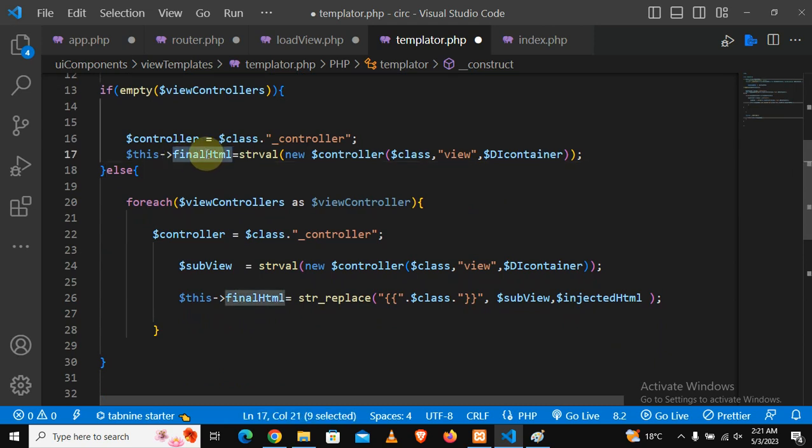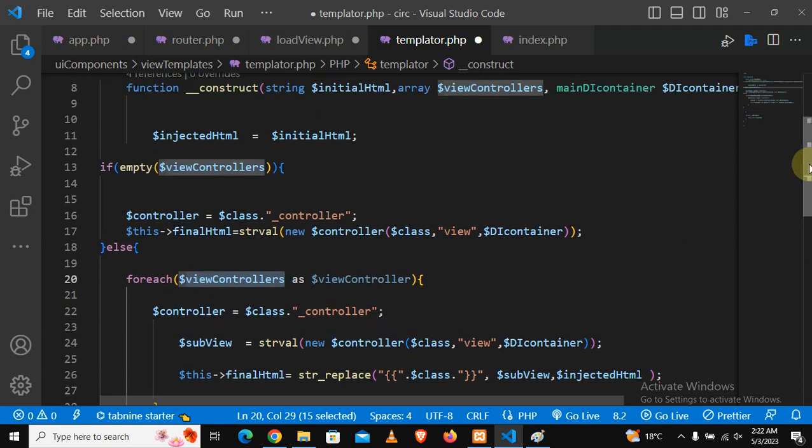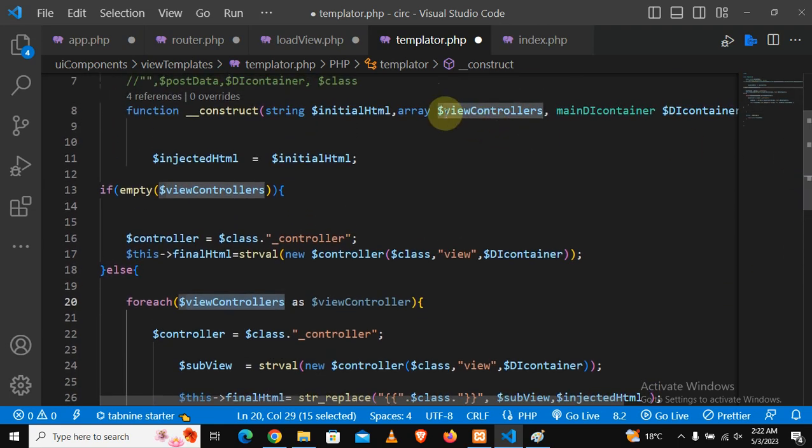Okay, we are assigning here the final HTML. There's no need. Okay, now here we are going to go to else. Now we are getting into a loop. For each, that means we are looping for each what, for each view controller. Let's go and check which are the view controllers. Okay, it's these ones. For each view controller, the ones that we don't have at the moment as view controller,